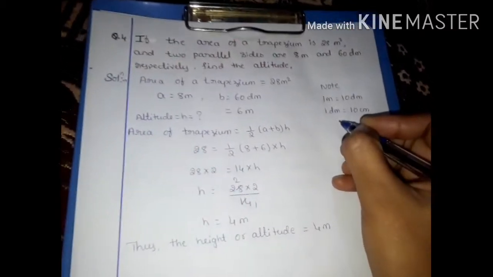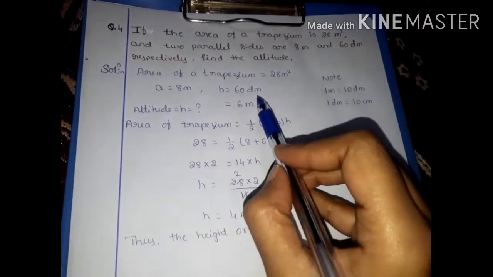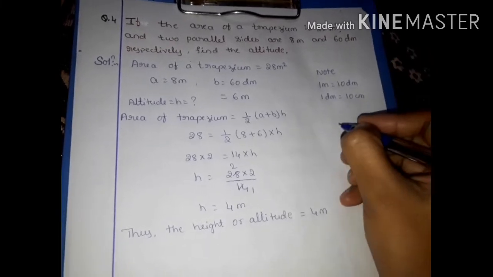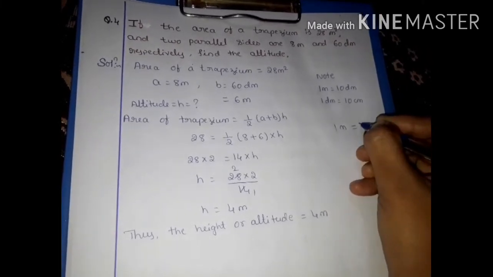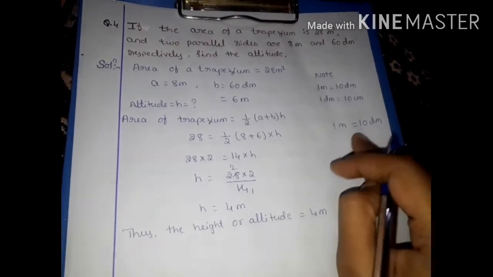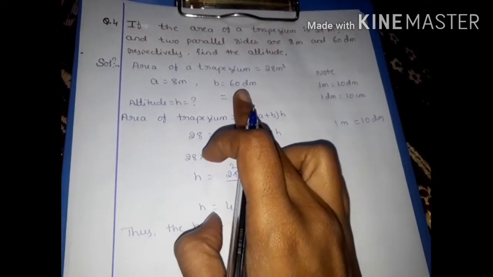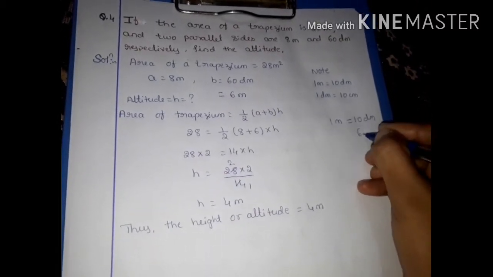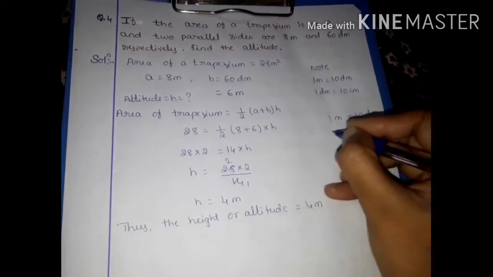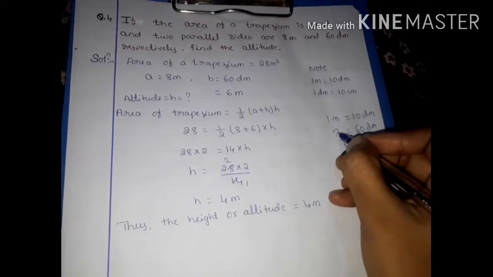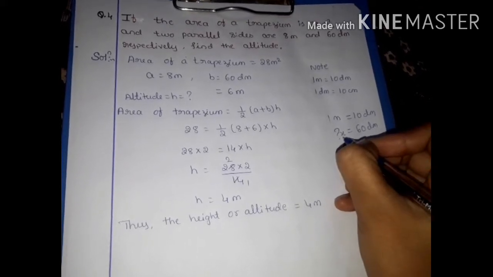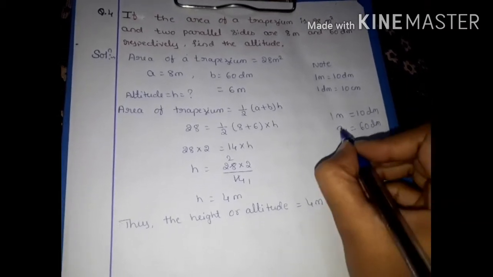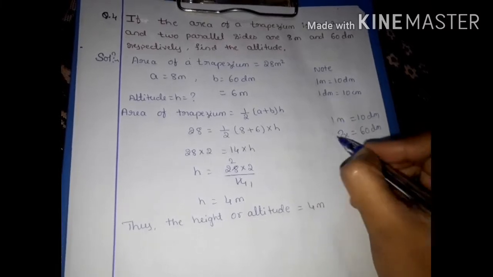First, what do you know that you have to write? You have to convert decimeter to meter. We know the relation between meter and decimeter: 1 meter is equal to 10 decimeter. Here we have to convert 60 decimeter to meter. So in the decimeter column you write 60 decimeter is equal to how many meters? The question mark, consider it as x, children. You have to find this. For 1 meter, 10 decimeter, means for 60 decimeter how many meters? So write in this form.